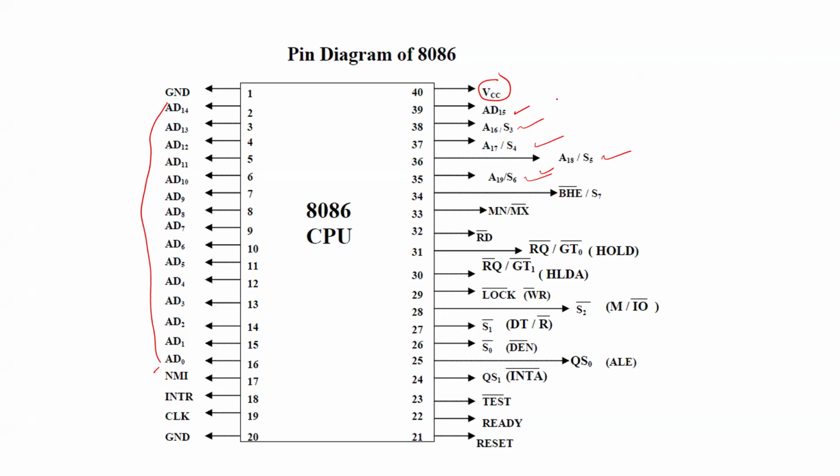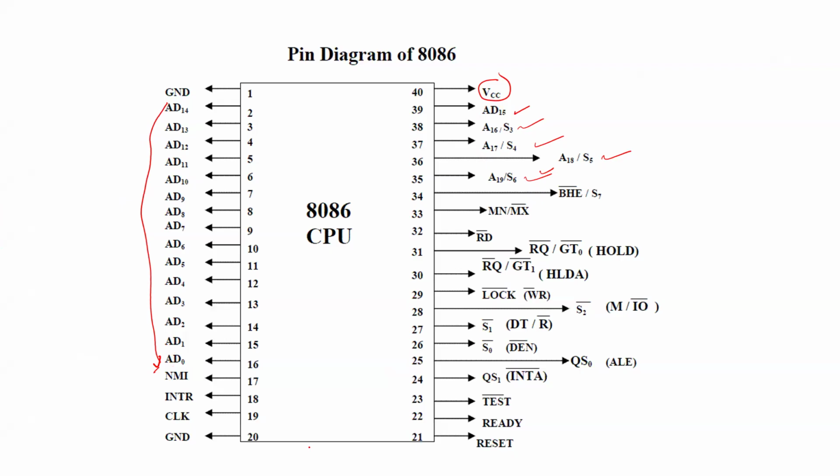And 16-bit data bus. So data bus means D. This address bus is also used as a data bus, because these buses are multiplexed. Sometimes it is used as an address, sometimes as a data bus. Okay, so it is also starting from D0 up to D14 and D15. Okay,